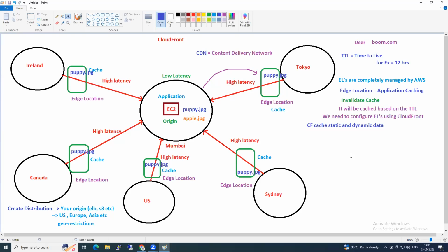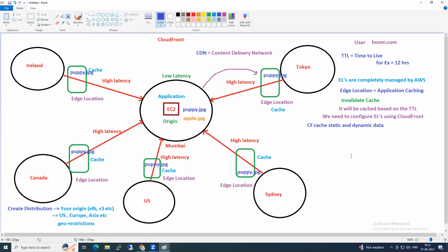I open my application called boom.com and open the report, show me the details of all my 1,000 students. Will it be slow or fast? Obviously slow, right? By the time I open it, it will keep loading, because it has to get the data all the way from Mumbai.